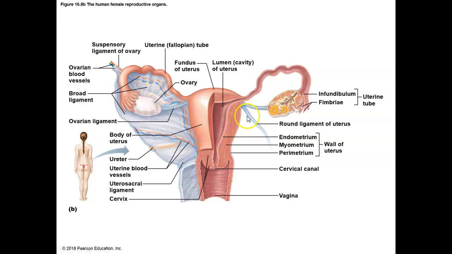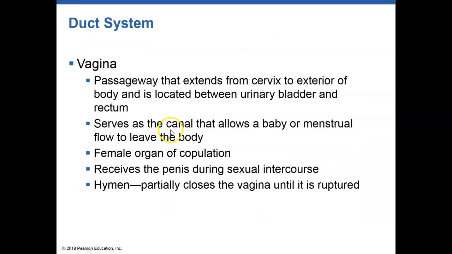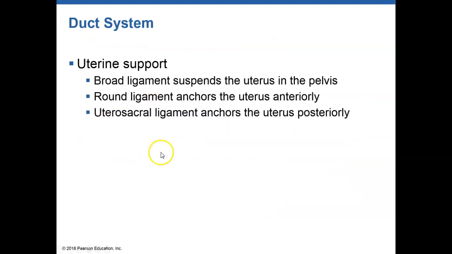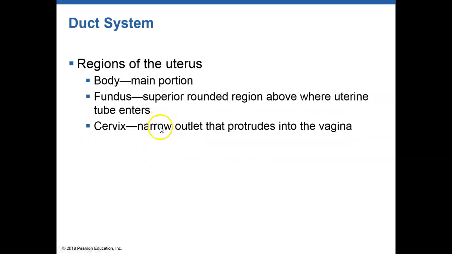And you can see the round ligament, and there's the ovarian ligament. I guess you can't see the uterosacral ligament on this picture, but you do see that round ligament here also, and you see the broad ligament. That's what I was meaning. So I'm going to go back because I kind of jumped. I talked about these parts, but now I'm going to go to